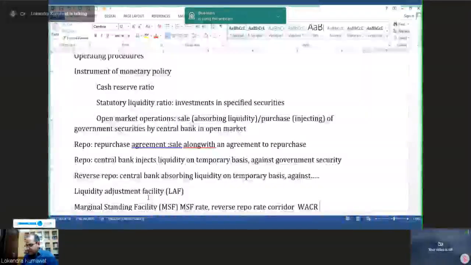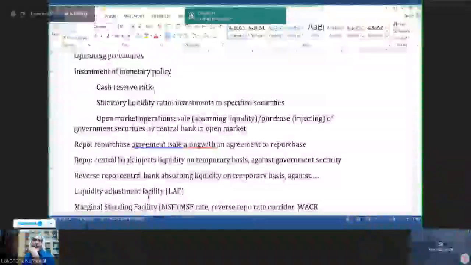There is one question about whether the IPO of IRCTC is an open market operation. It is not. Open market operations are conducted by the RBI. The liquidity adjustment facility is used by the RBI. It is just a facility through which the Reserve Bank of India conducts repo and reverse repo operations